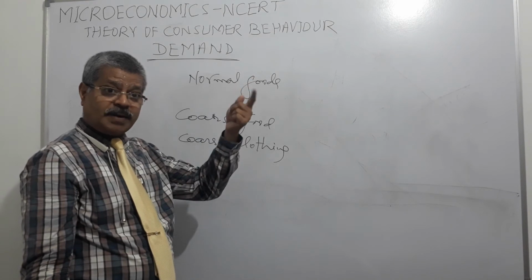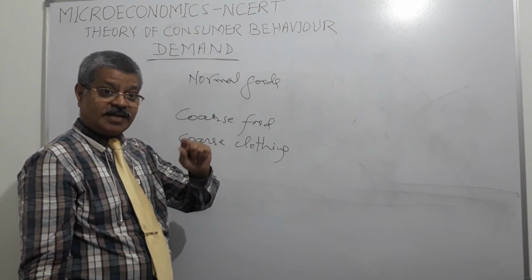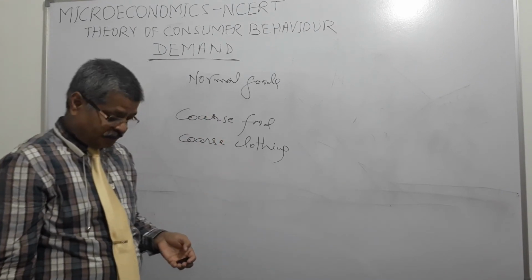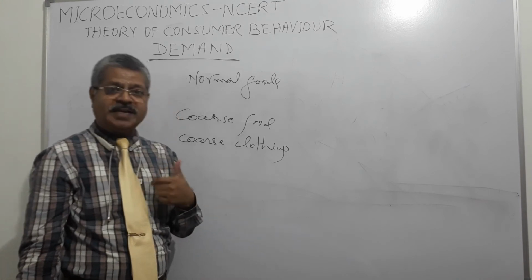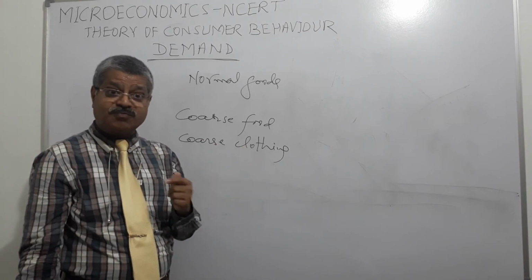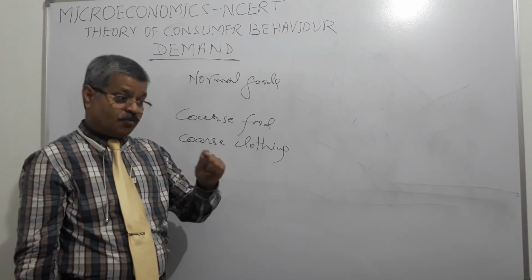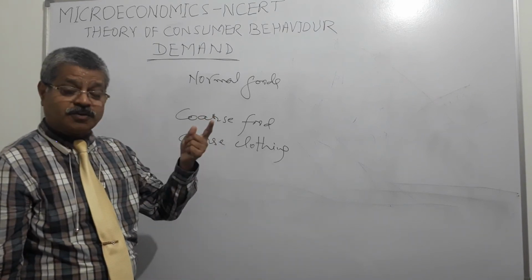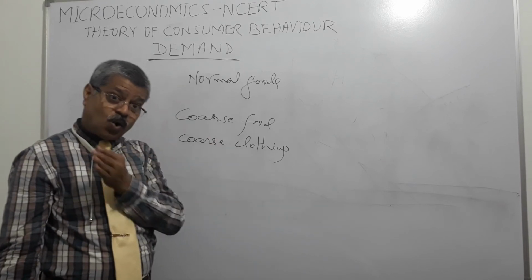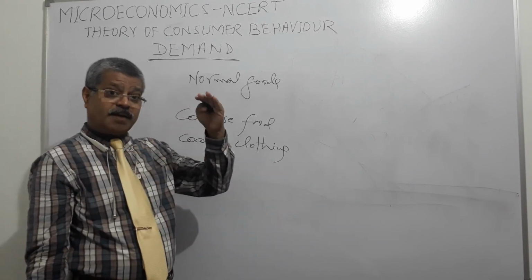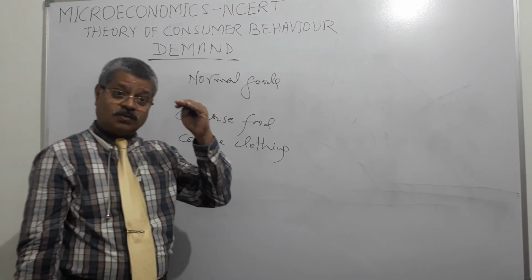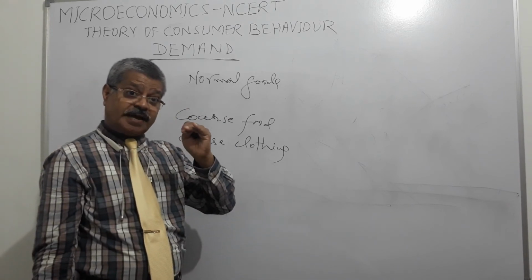That if the price goes up, I consume less. If the price comes down, I consume more. This is related to inferior goods, right? It may also happen that today my financial position is very bad, so I am getting some commodity that is an inferior good to me, right? When my financial position improves, the same thing may go out of my portfolio. Or if I am in the middle class, I am consuming something which is considered inferior at that point in time.